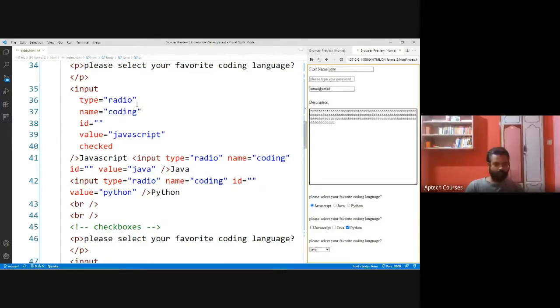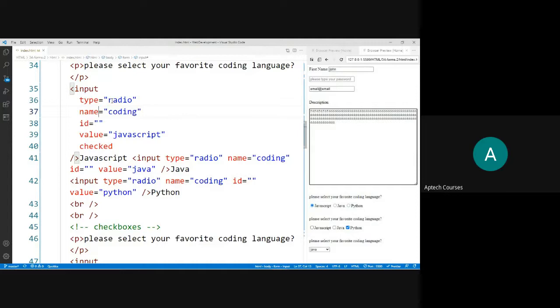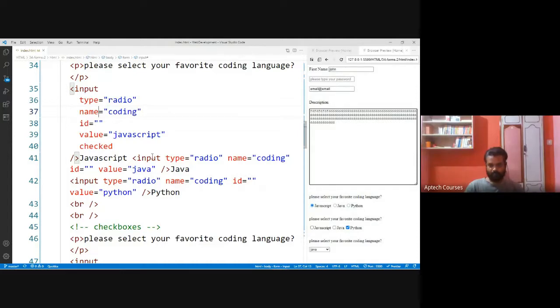Input type radio, name is coding. Now you will come to know the use of this name. In case of a radio button, we can select only one. That is the purpose of using the radio button, like select your gender, whether male or female. Both come under one group, name gender.